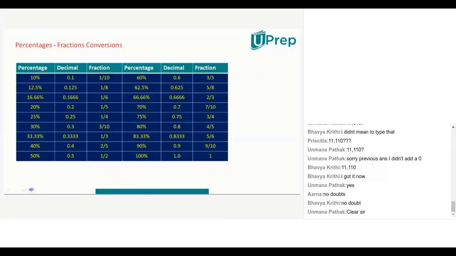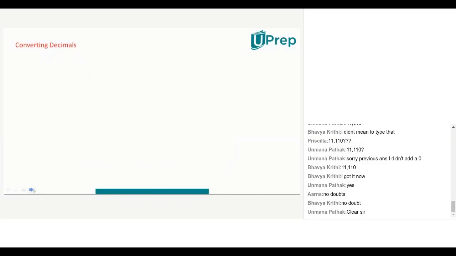We are now going to learn how to convert percentages to fractions and how to convert fractions to percentages. It's one and the same thing. It's just moving from A to B or from B to A. Doesn't this table look annoying to you guys? Isn't it giving you a headache? Now, let's see how we can solve this.